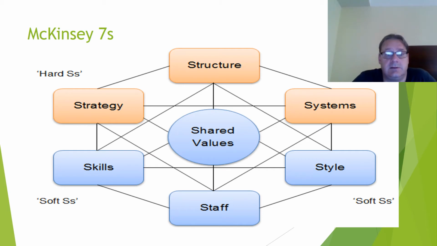Now, McKinsey's also said there are 4 soft essays, and those are the ones below. So these are your shared values. Once again, when you do this in real life, they give you a list of things to fill in. So who are the heroes? Who are the people who are rewarded? Who are the people who you look up to? Who are the people who really have power, as opposed to the people on the org chart who ought to have power? So what are your shared values?